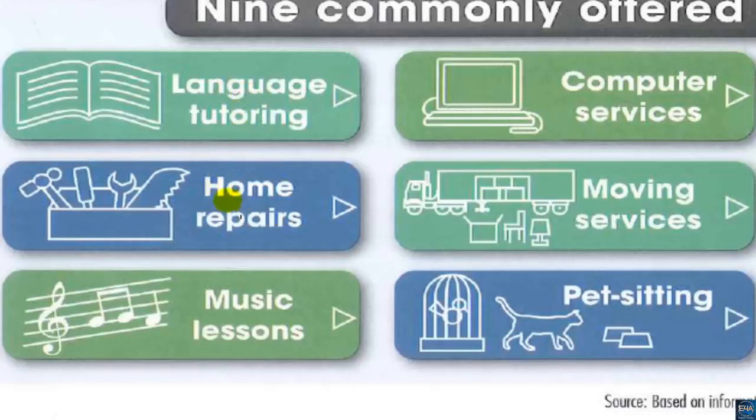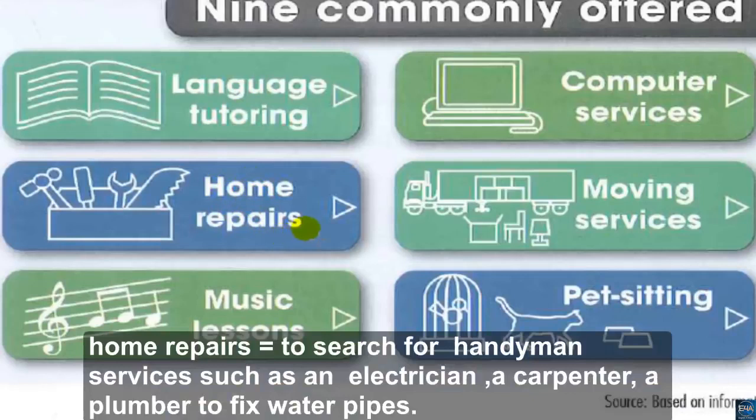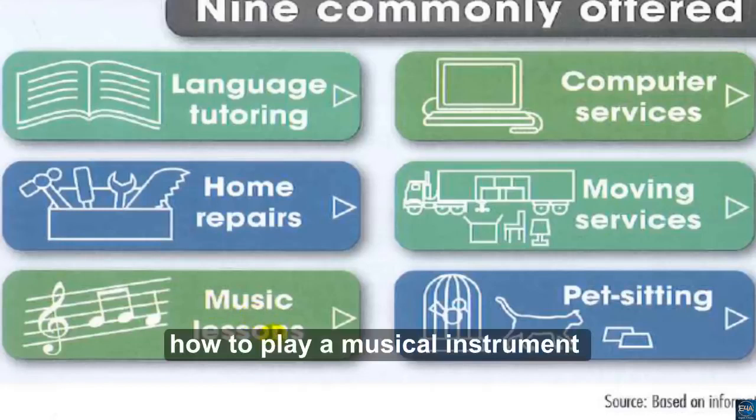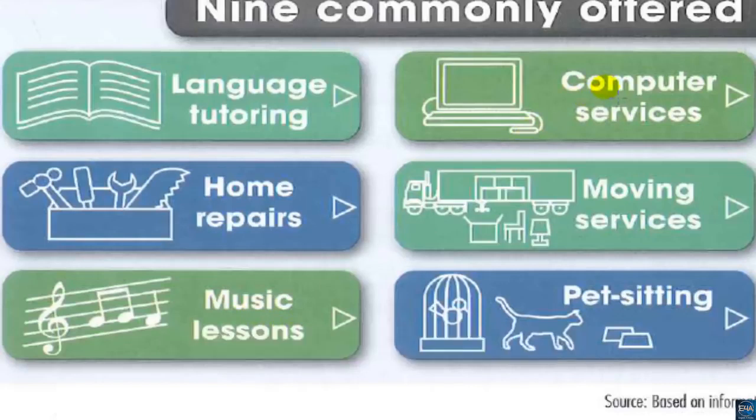Also we have home repairs. When we search for handyman services such as an electrician, a carpenter, a plumber to fix water pipes. Music lessons, to ask for someone to teach us how to play the piano, how to play the guitar, how to play a musical instrument. Computer services,